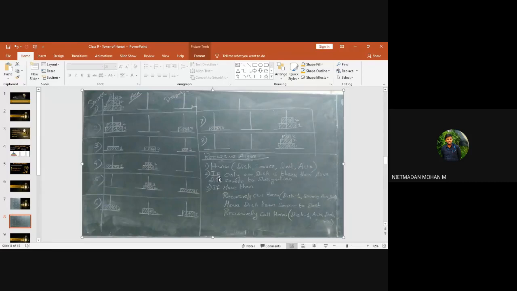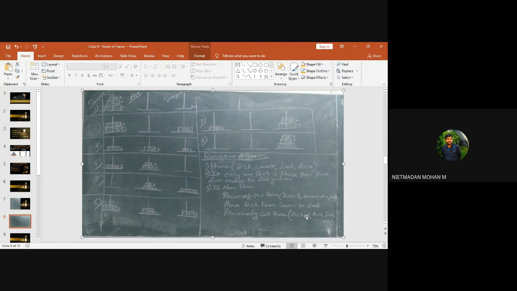Coming to the second step, if only one disk is there, then move disk from source to destination. If I am giving only one disk, then you can directly move from source to destination. There is no problem. If there is more than one disk, the recursively called Hanoi function will be executed. First step, anyhow, we are going to take disk number 3. So disk -1 will happen there, and the same order will continue: source, auxiliary and destination. Then move disk from source to destination. First we are taking disk 1 and going from source to destination, and the recursively called Hanoi function is again executed.